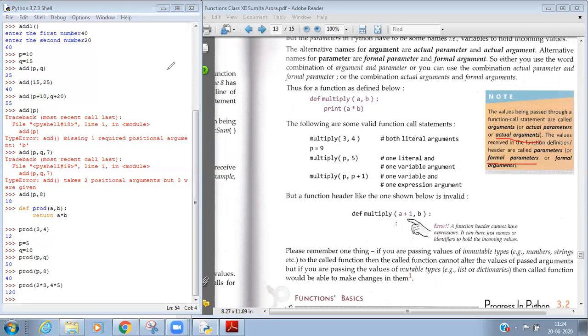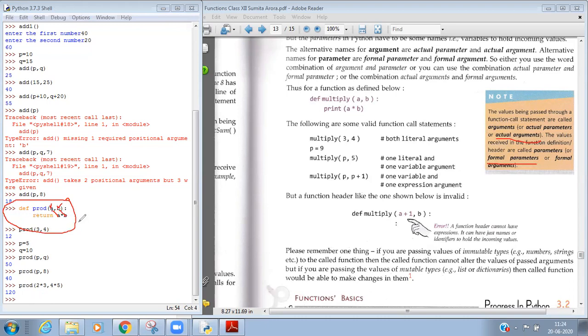To understand this, we have to look at the definition of the function. Here is the definition of the function. So a and b are the local variables of this function that can be used inside it. We cannot use a and b outside of the function, right? Because these are the personal property of this function.